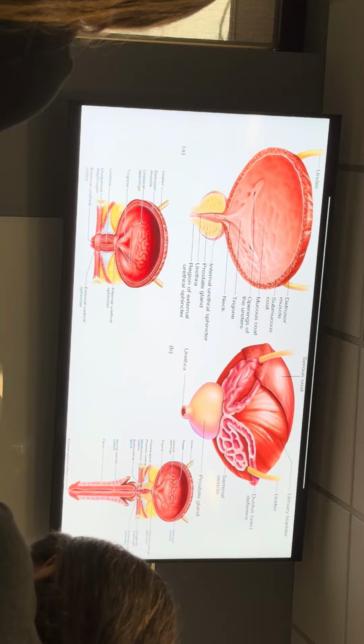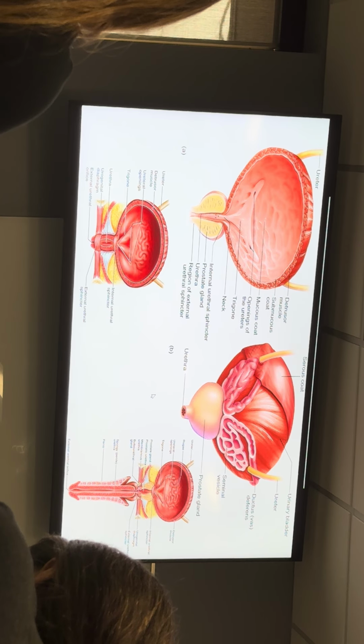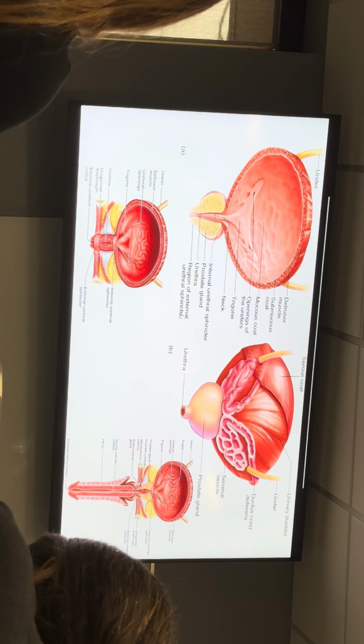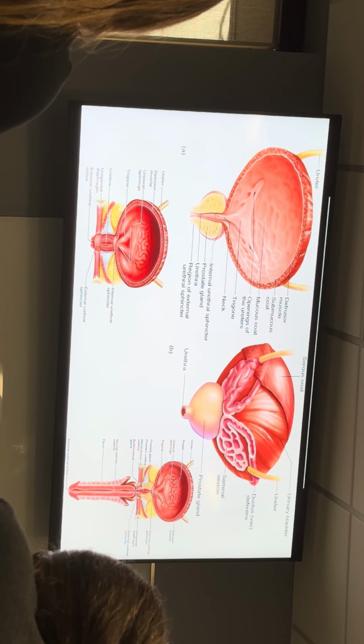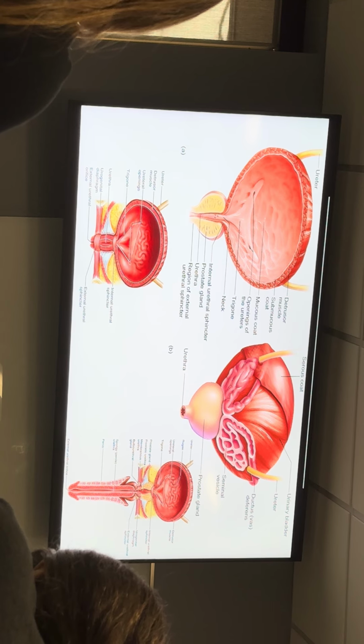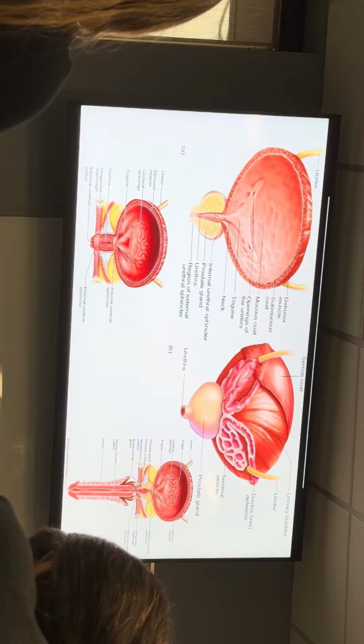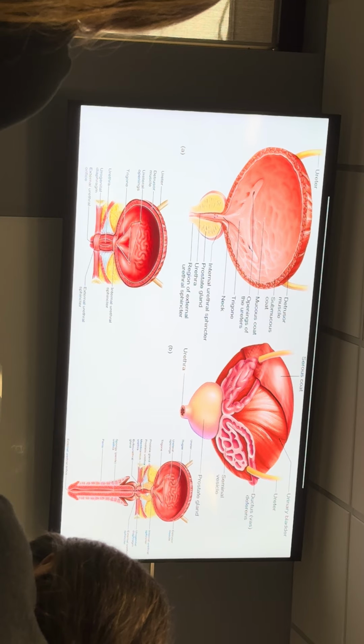Now, for men, still, the external urethral sphincter is what keeps us continent. It's what makes it so we don't pee our pants. It's what you have to relax. Like if you ever get stage fright when you go to pee in public and you just can't do it, that's because your external urethral sphincter is still closed, because that's actually controlled by your spinal cord, not your brain. You can't decide that you want to pee. Your spinal cord decides that. So you can allow your spinal cord to make decisions, but the spinal cord actually makes the decision. Just like defecation, same thing. But here's what the internal urethral sphincter does.